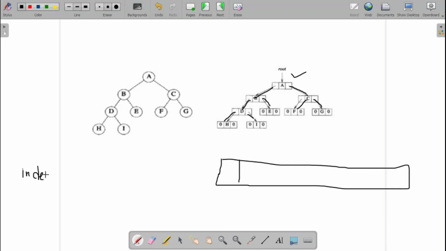Now I want to go to the left child of my parent. If my parent is at index value 3, how do we go to its left child? You have to multiply by 2 to go to your left child. How to go to the right child? You have to multiply by 2 and add 1 to go to your right child. The index value 0 will be kept blank, and your root will start at the index value of 1.